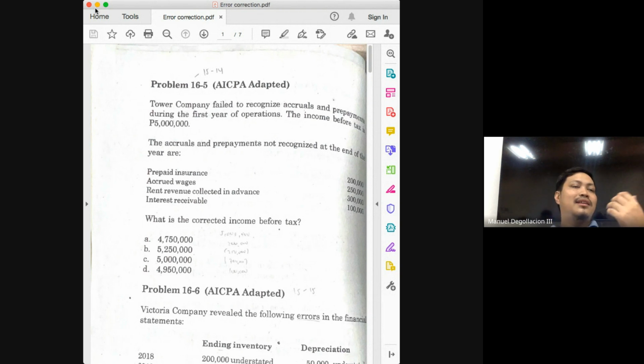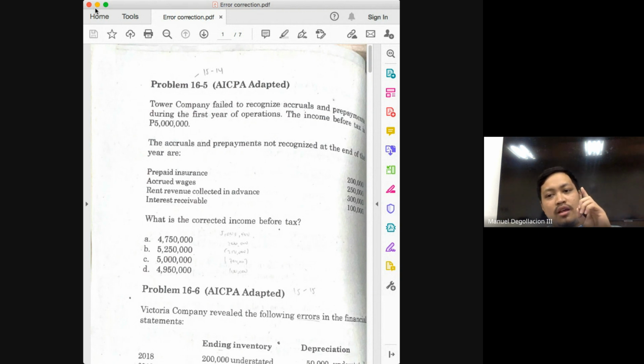So what does that tell us again? That the entity must have used the expense method for this transaction. Okay? The expense method and the asset method are your options in recording prepayments. And many of you will forget about that one because most of you would have last heard of that in your basic accounting. Okay?